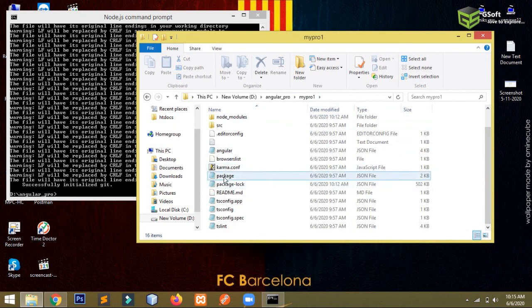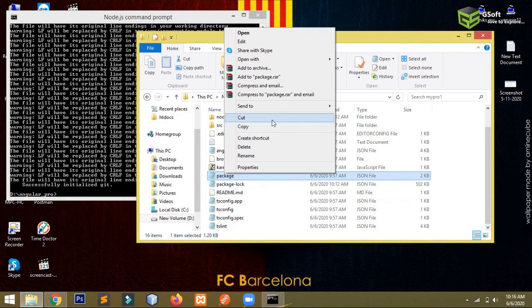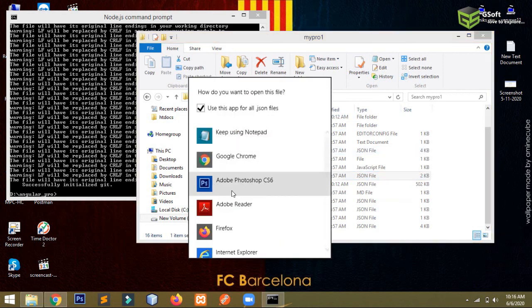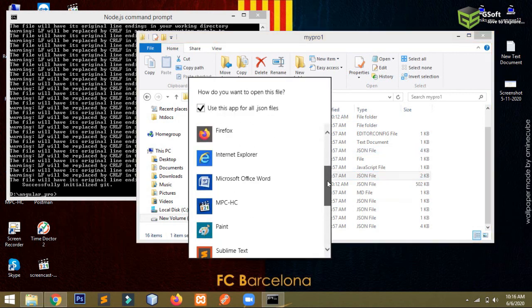If you want to check what all packages have been installed, you can just go to this package.json file, and open this file with your Sublime or Notepad, whatever you are using.